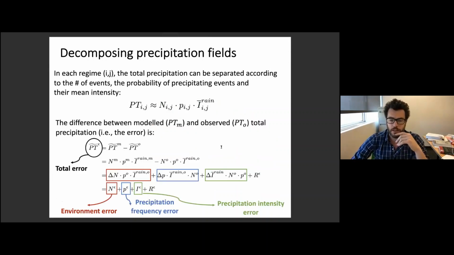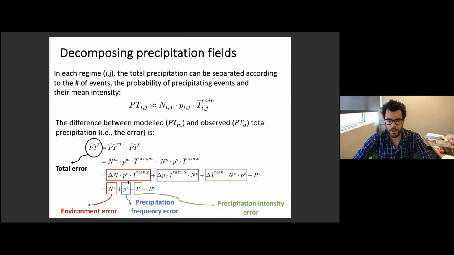So the idea is that we can apply this decomposition to observed data sets and model data sets, and we can calculate an error. If you do that for the model and for the observations, M and O, the error is of course the difference between these two. And we can play a little with these different products, basically doing a Taylor approximation, and you can get that the full error is equal to the sum of these four different terms.